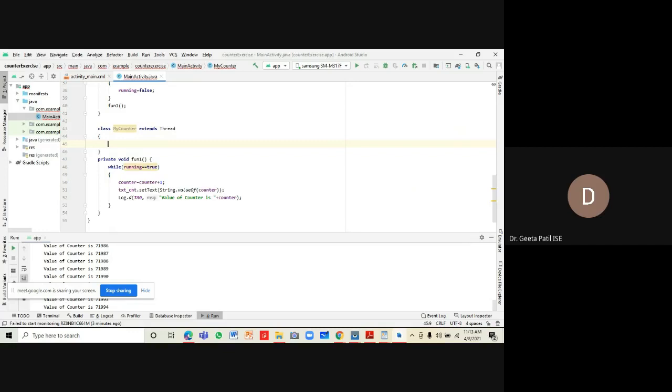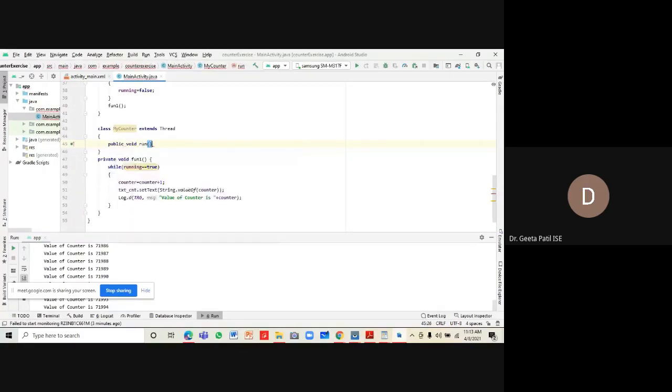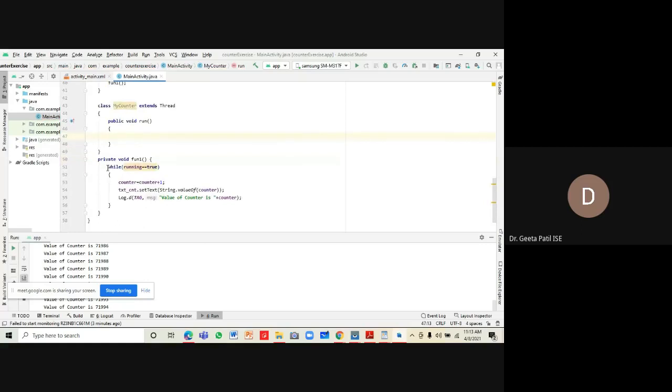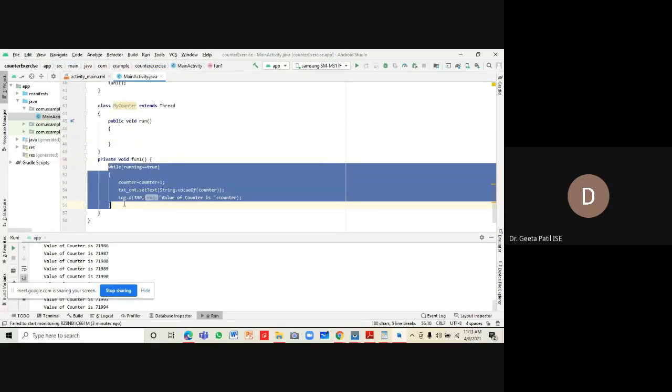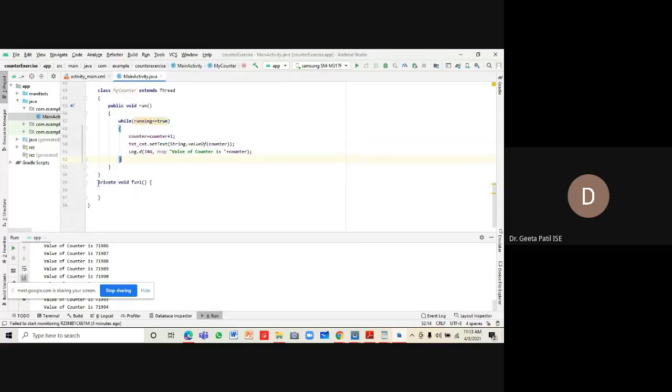and in this we have to write public void run, which is a method implemented in Thread, and whatever we are doing over here while running is equal to true, do all these things as a part of this class.